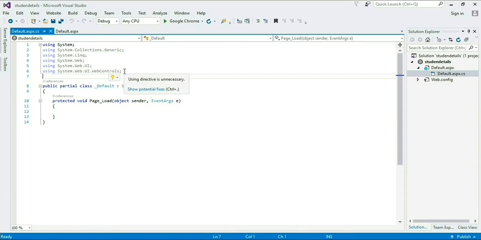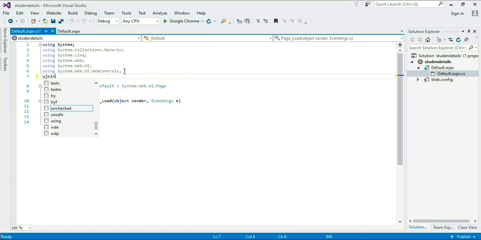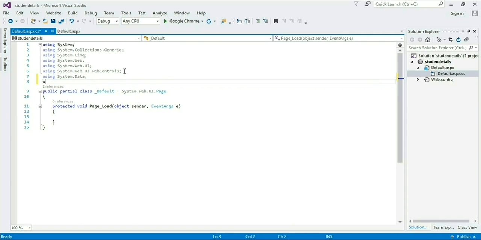Now give the packages of SQL Server: using System.Data. The second package is using System.Data.SqlClient. Now create a function.